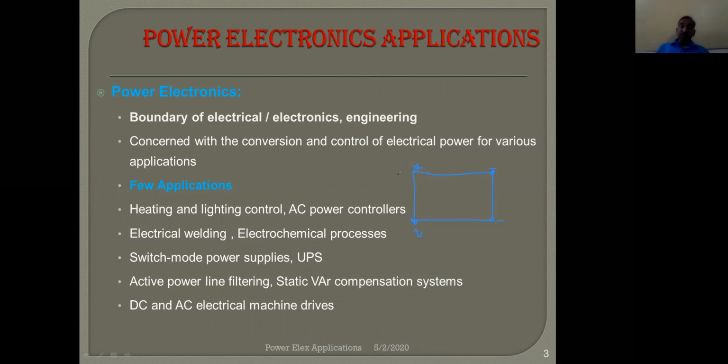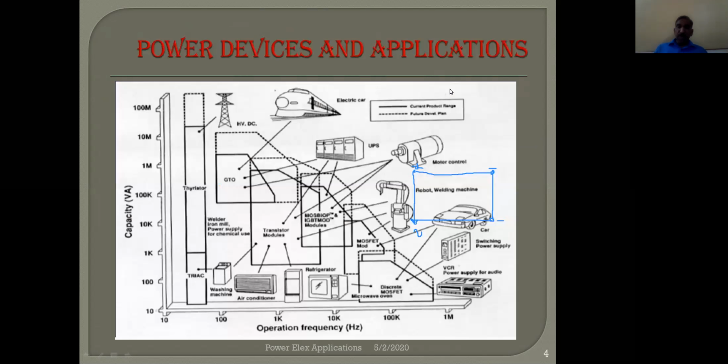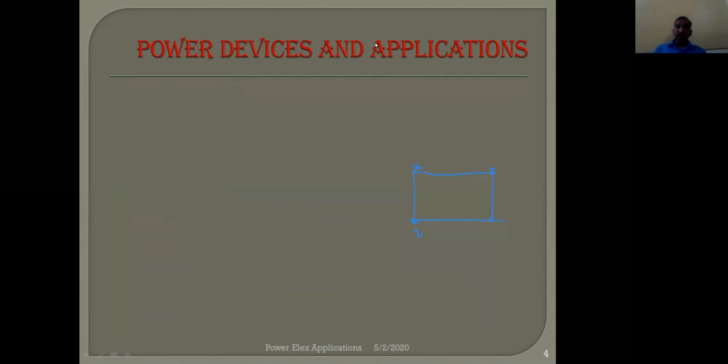And the next one is drives, which is almost everywhere. Means wherever there is a movement, there is a drive. It may be a robot, it may be a conveyor belt, it may be a locomotive or electrical car for that matter. All these involve applications. After listing these few applications, we need to concentrate on a few so that we can discuss them in detail. Let's first see this.